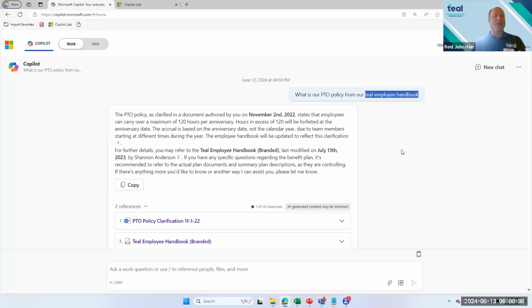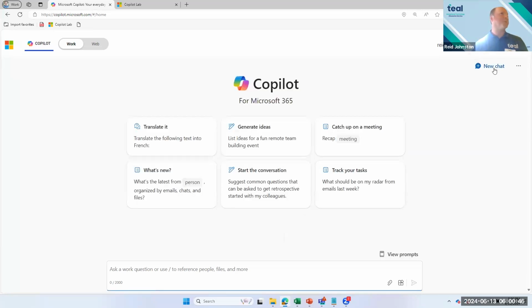The other thing that Copilot is very useful in doing is summarizing information. So I'm not going to try to summarize a 40-page employee handbook, but if I have a document that is laid out very well, that's long, I may want to summarize that. So one document that I'm going to refer to during our presentation here quite a bit is our 11-point IT security checklist. So I can say summarize